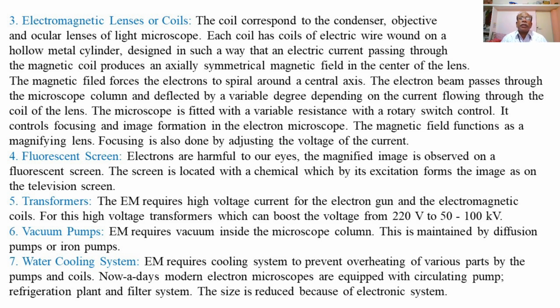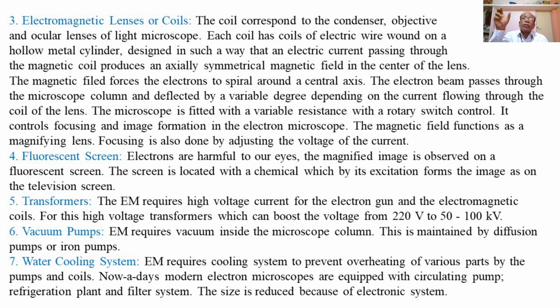Then the fourth component of the electron microscope, that is the fluorescent screen. Electrons are harmful to our eyes. The magnified image is therefore observed on a fluorescent screen, which is arranged along with